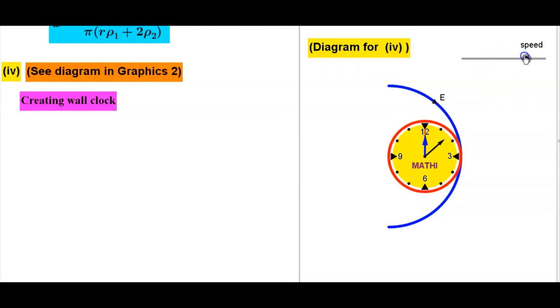We can make the speed here. Every part is moving. Every hand of this clock is moving, so we can make the actual time. We want to hang this wall clock on the wall in this position, that is when we can observe the time. Okay, we come to the question.